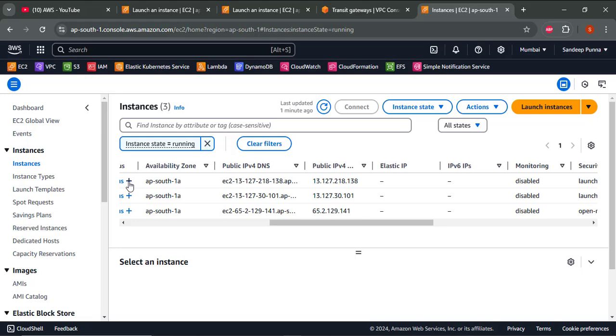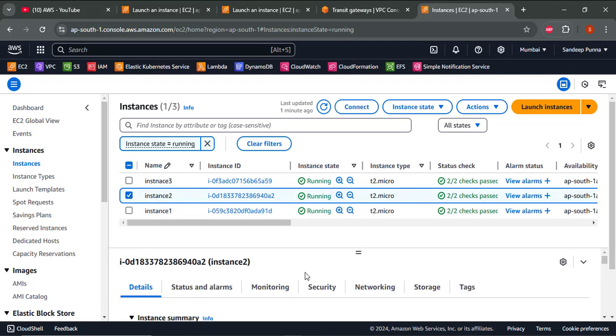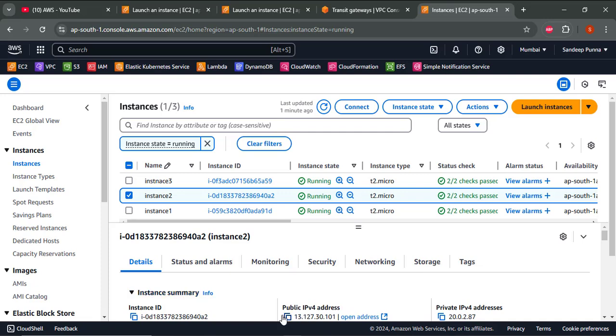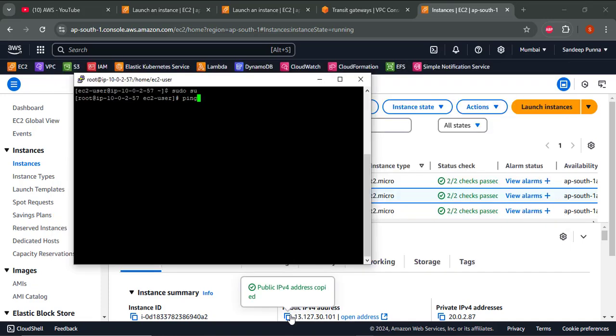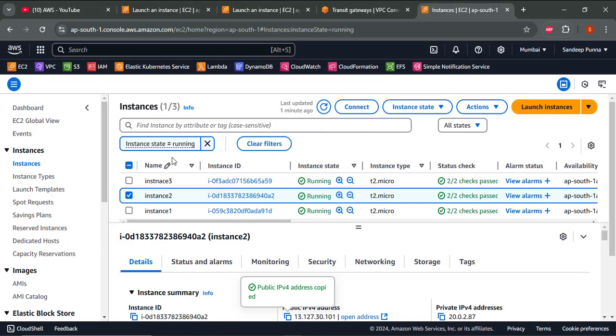Just come up, scroll it and select the second instance. Copy anything, like the IP address, private or public. I'm just copying here, ping sequence. You'll see the data is transferred. If I try to go into the third instance,